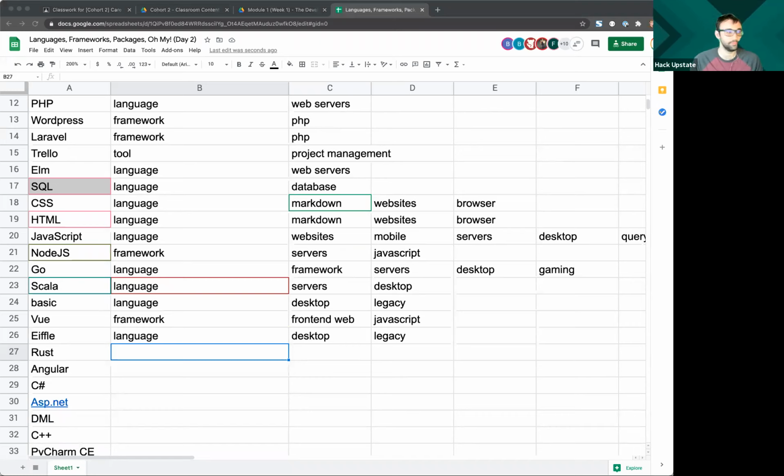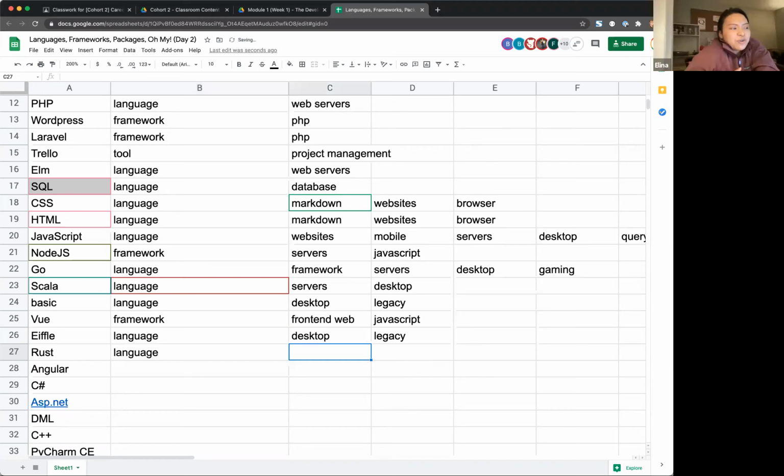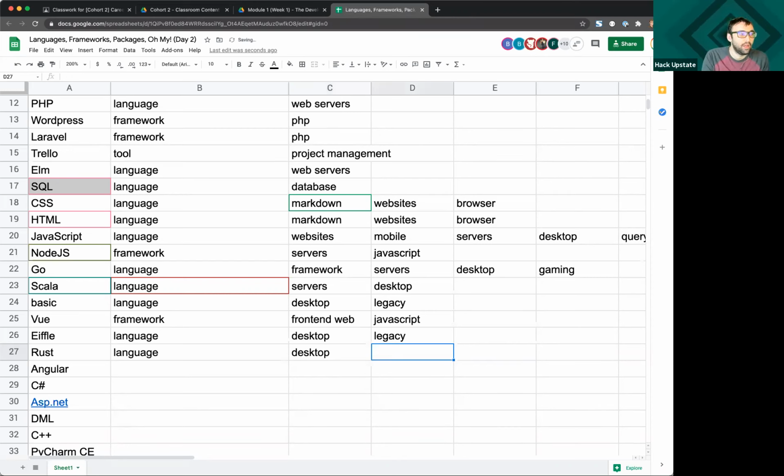Rust. The language. Yep. Hey, Max, how much do you know about that? Because I see on Google that it just has a stable release of only 27 days ago. So that's got to be newer, correct? Rust is definitely a newer language. It's only been around for about 10 years or so. It is primarily used for desktop, and it is a spin-off of C++. Of C++, yes. Yep.